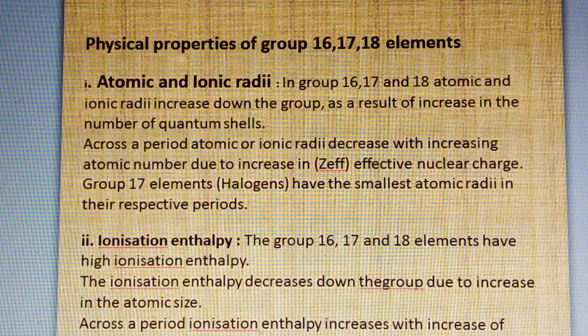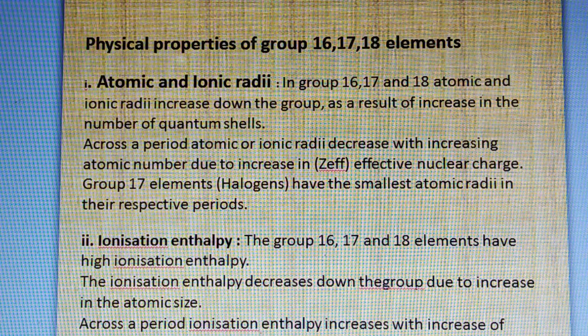Now continue with the next concept, that is the physical properties of group 16, 17 and 18 elements. Which are the physical properties? Atomic size or ionic size, or we can say atomic and ionic radius, ionization enthalpy, electron gain enthalpy, electronegativity. If you continue with the physical properties of group 16, 17 and 18 elements, the first one is atomic and